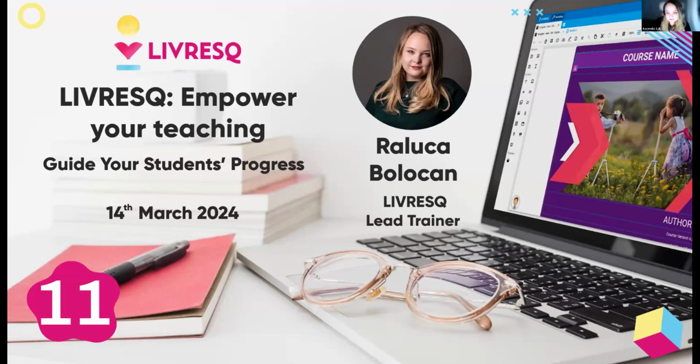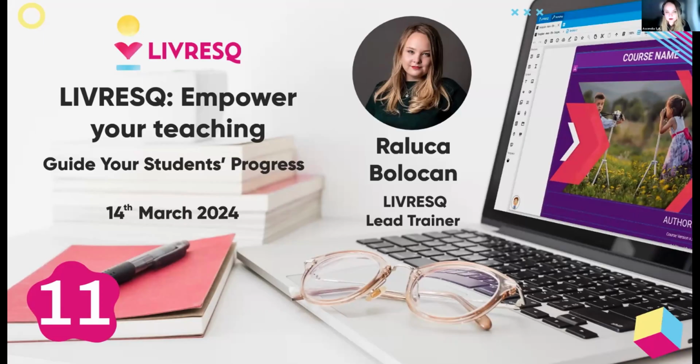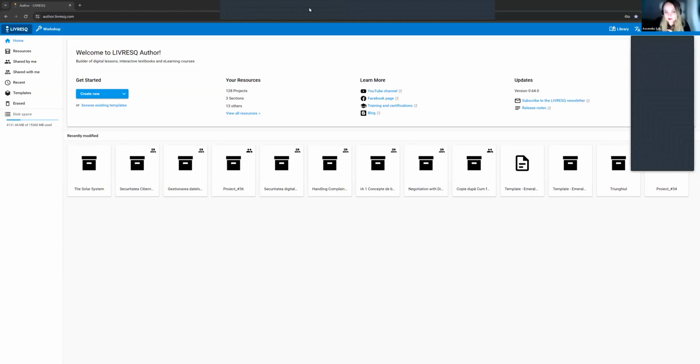And to begin with, I'm going to stop sharing the image and share my screen to show you LIVRESQ. Just a second. Here we go. So now you're able to see the tool, the homepage of the tool. And I'm actually going to start